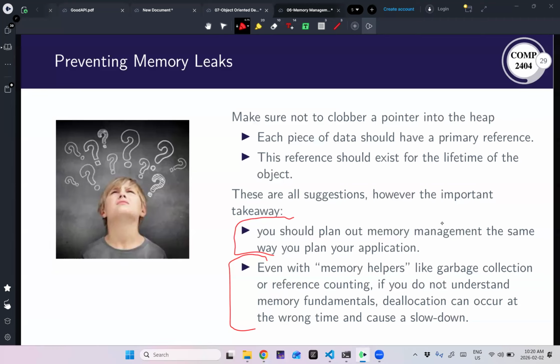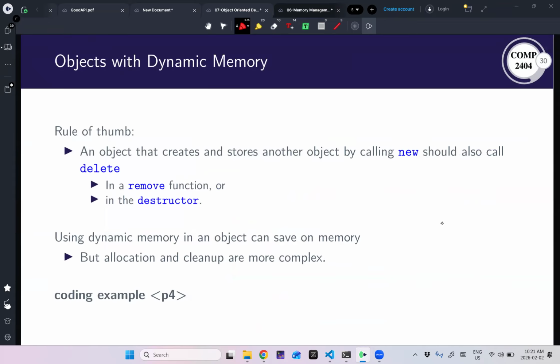Before the game starts, you call new on a bunch of stuff. You run the game, you make sure nothing goes out of scope, because if it does, then the garbage collector will run. And if the garbage collector runs, your game slows down. It'll stutter. So even in languages that have memory management, if you want them to run efficiently, you should understand what's happening. All right, so we're going to start with a simple example.